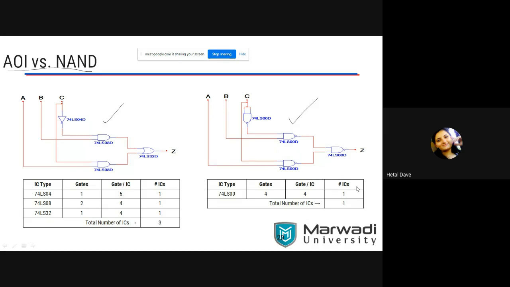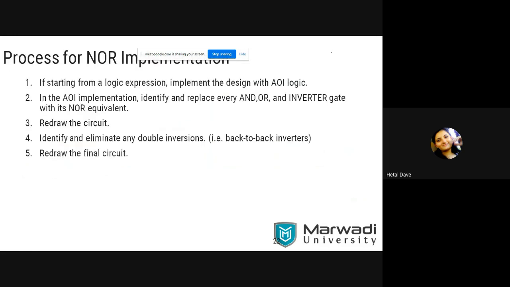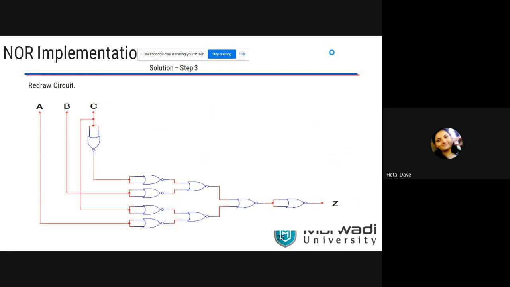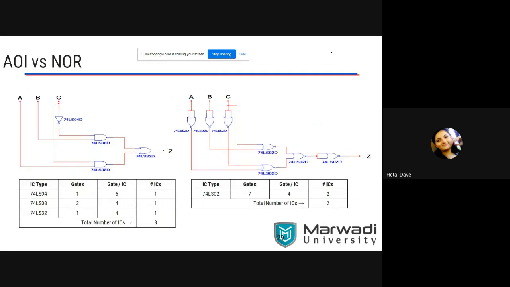Is there any doubt? That's why NAND and NOR gate are universal. Same thing is applied for NOR gate. Same explanation, but in place of NAND, the explanation will be for NOR gate. Okay, one example is covered here, and a comparison table is also given. So that's why mostly NAND and NOR gate are used as a universal gate.